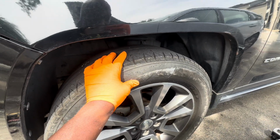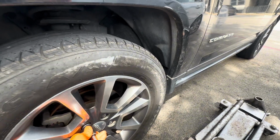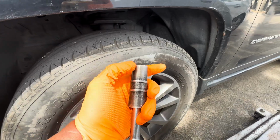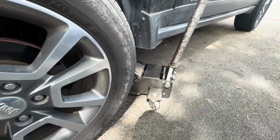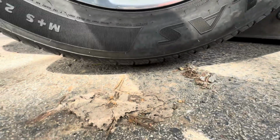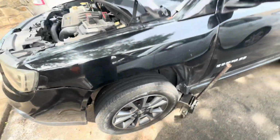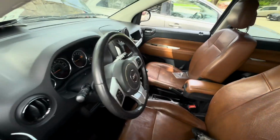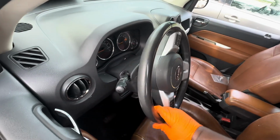We're gonna go ahead and remove those lug nuts. So these are 19s or 3/4. Okay, the vehicle is raised with the jack. The front tire is slightly off the ground. Once you remove the wheel, you're gonna steer the wheel outward,